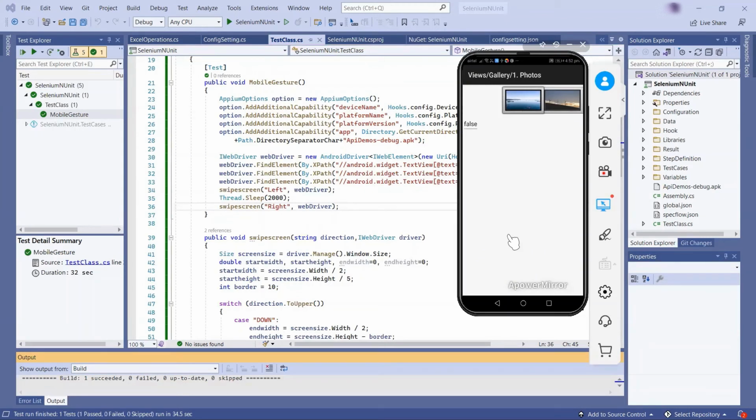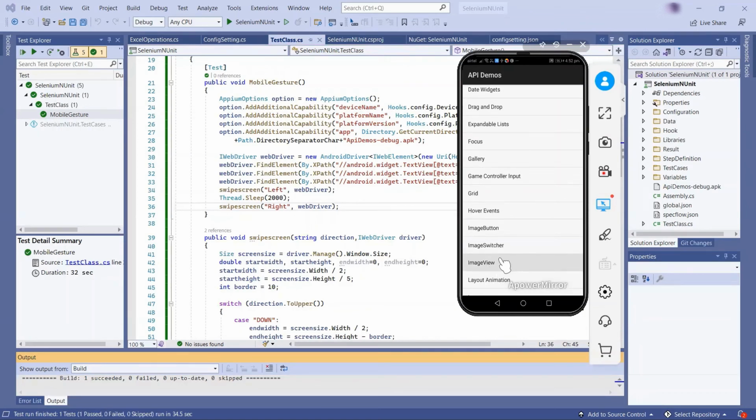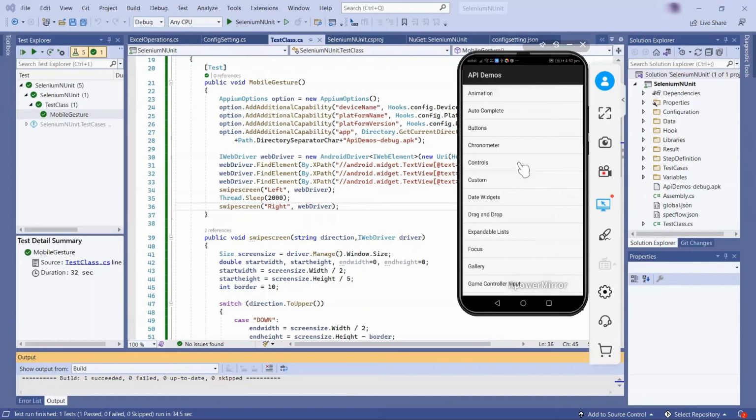Now, I'm going to cover one more aspect as well. Let's say that you want to click on an element which is not visible on the screen. UI Automator 2 won't be able to perform operation on an element which is not visible on the current viewport.